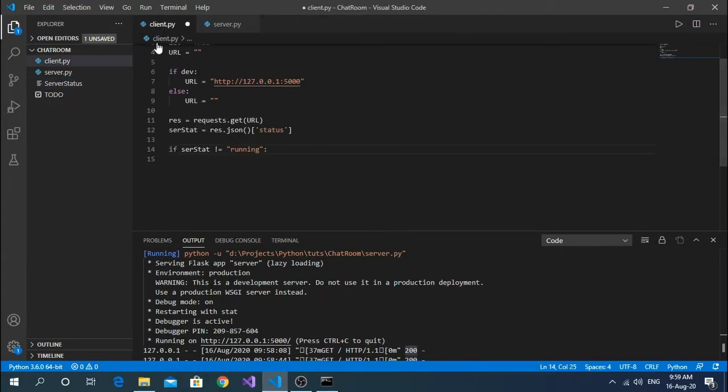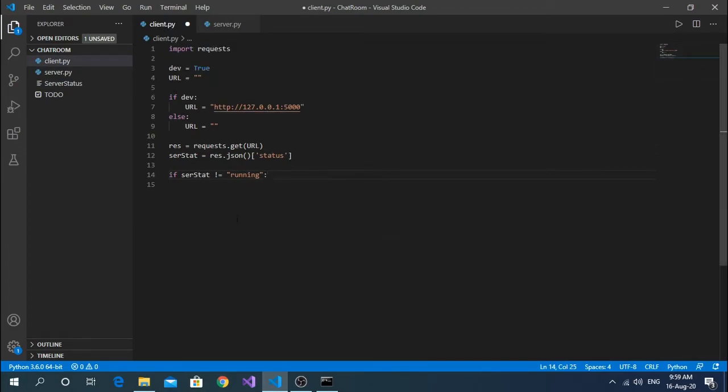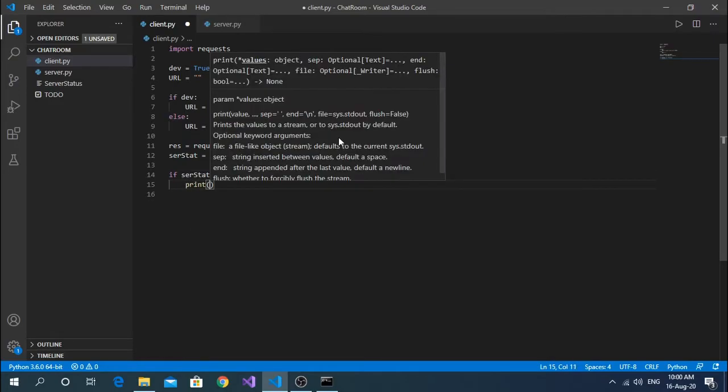That will change all the clients. We could do the same thing for update also. If there's an update, it will compare its version with the newest version in that file, and it will update if the file has a newer version. So if server stat is not equal to running, then print server stat